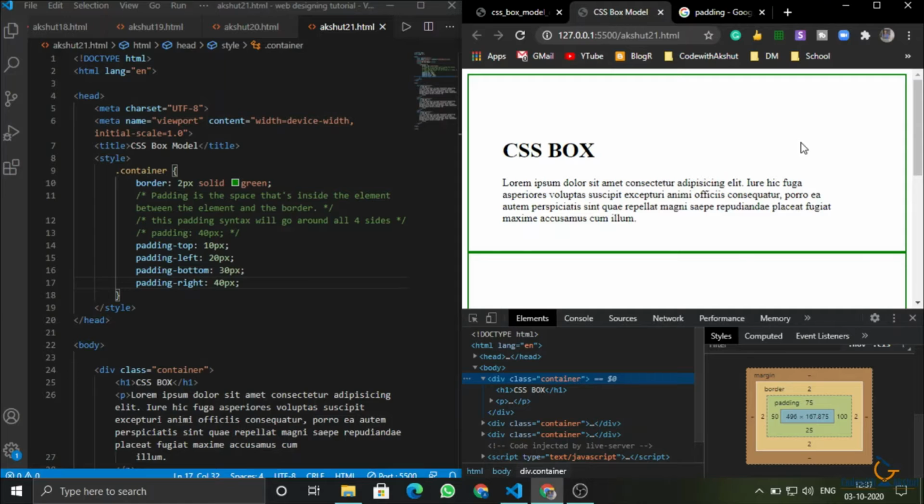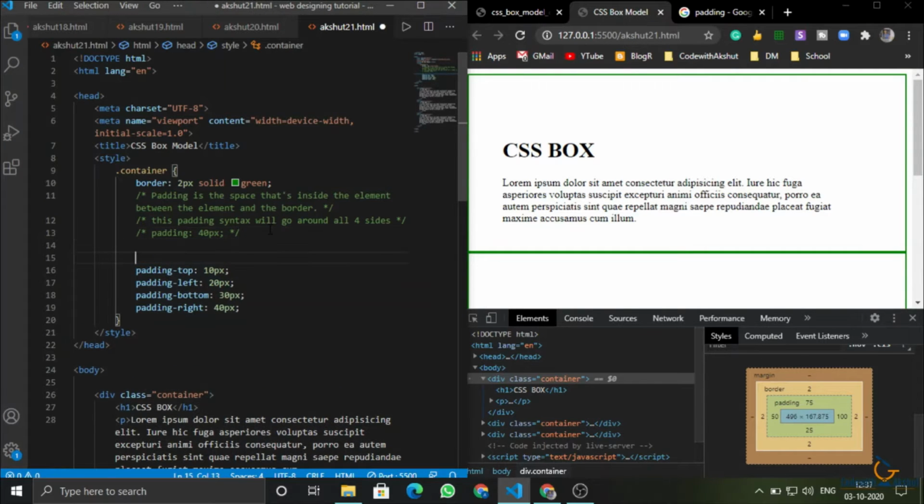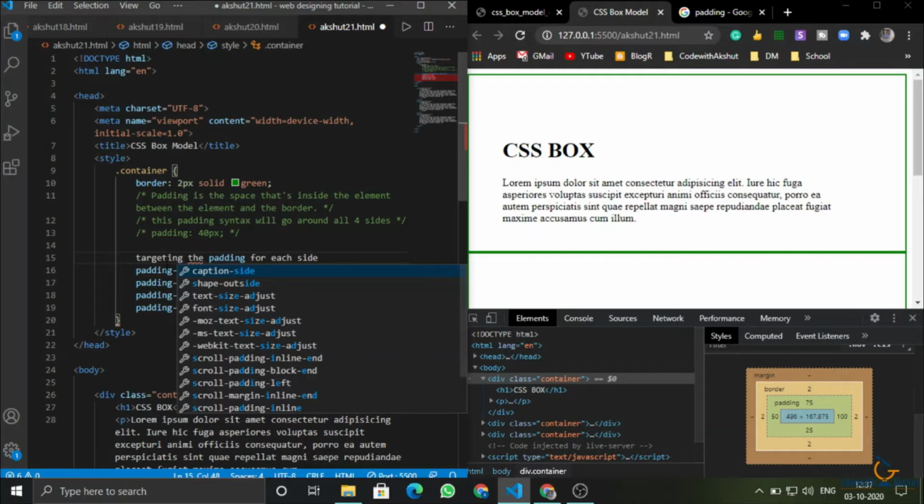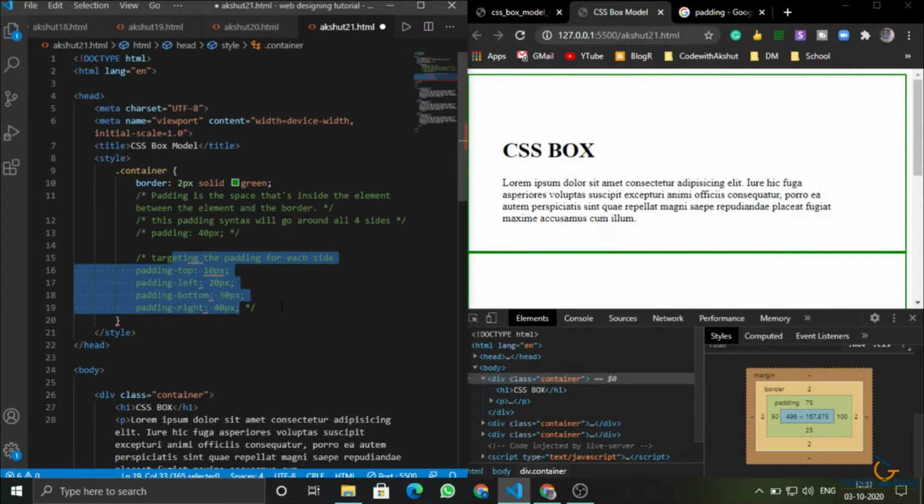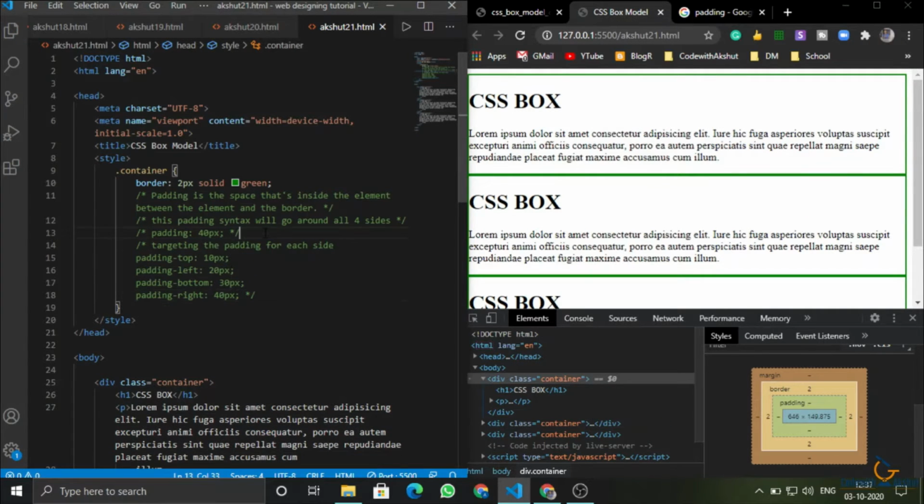So we can target each of these and then resize the padding. I will write here: targeting the padding for each side.